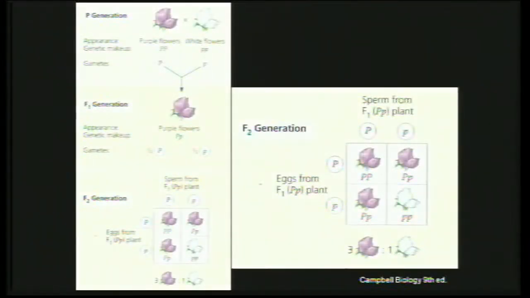So when you produce individuals out of this, you can go back to the slide again. When you hybridize this, on the top there is a big P and there is a small p. Then on the left hand side of the table, you can see the eggs from F1, that is again the big P and the small p. So if you cross them, you can see there,